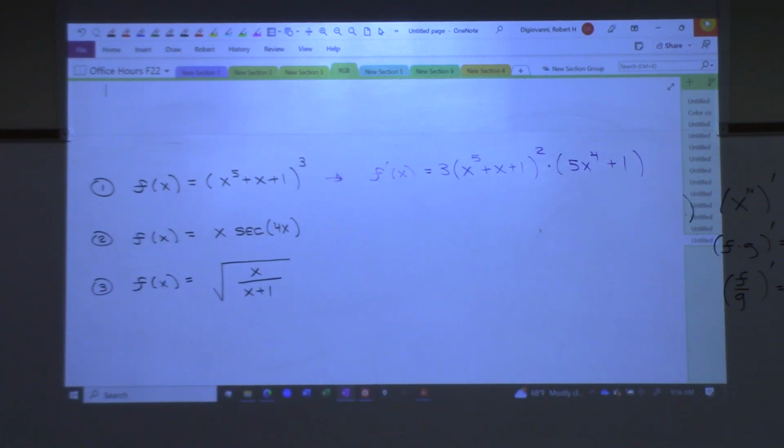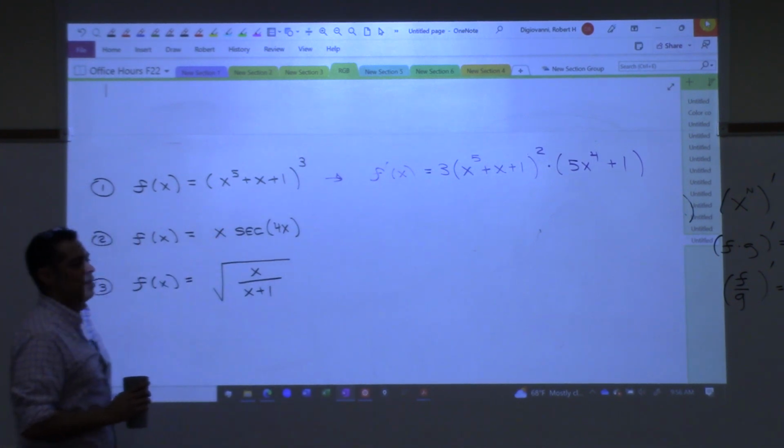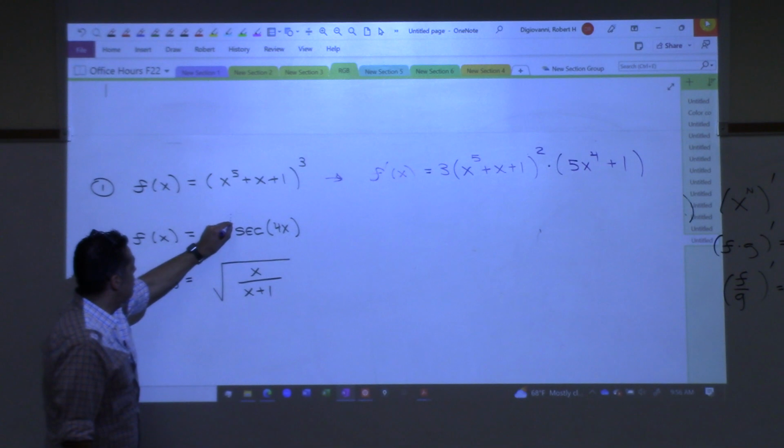Yes? On the ending, I thought it was 2 because I was thinking the derivative of x would be 1 and then 1 plus 1. What's the derivative of a constant? That was 0. 0. So you only keep the constant if it's attached to a function. If it's by itself, the derivative will always be 0. Okay, we're good there? Okay,